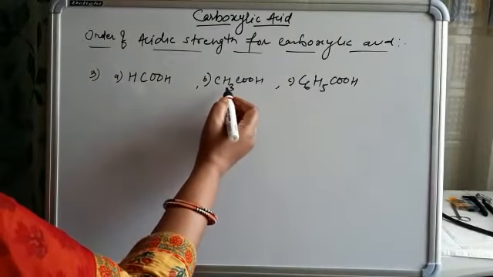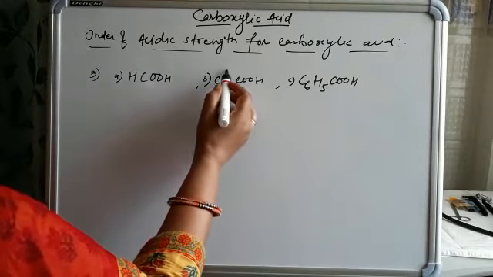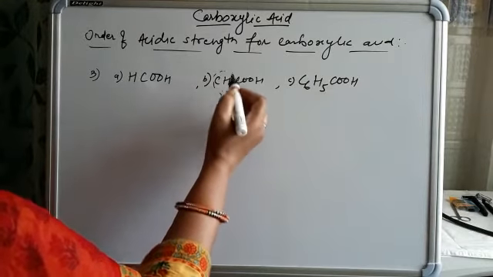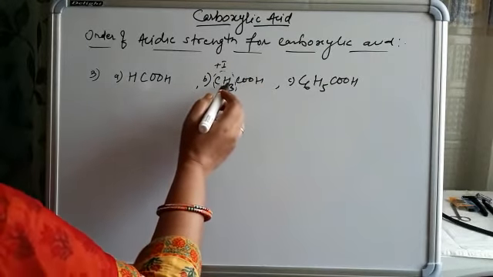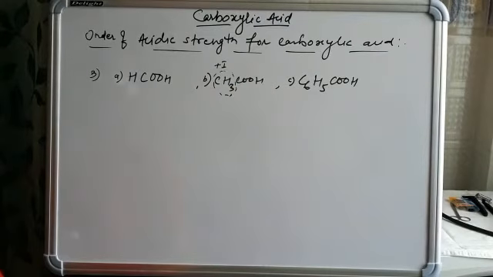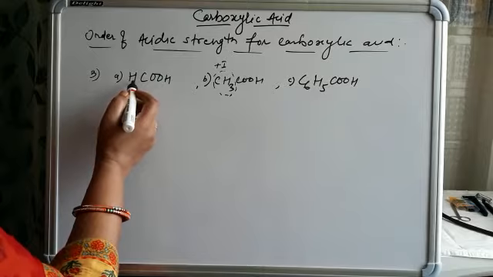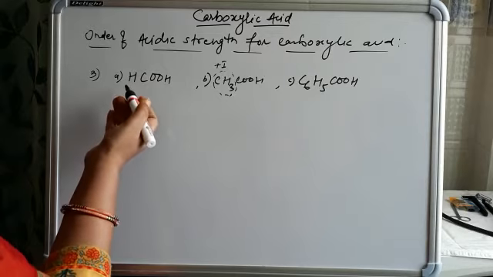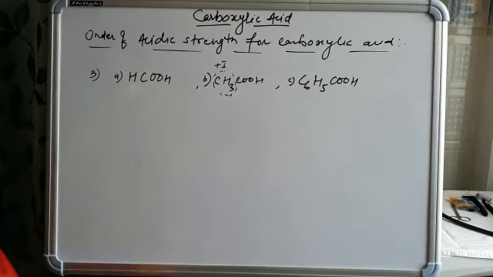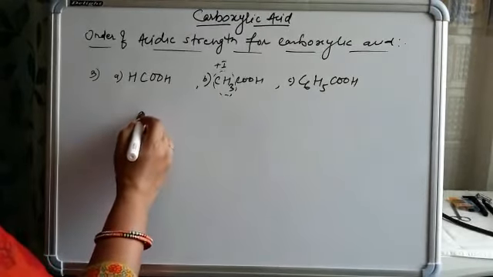So at first we should know about the group present in the acid. Here an alkyl group is present, and we know the alkyl group is a plus I group, an electron pushing group, and when it pushes electrons towards the acid, it becomes difficult for the carboxylic acid to release the H plus ion. Here, hydrogen is in fact not more electronegative, it is neutral itself. We can say that hydrogen is neutral itself. It has no electronegative character like carbon or another. So the most electronegative is this.